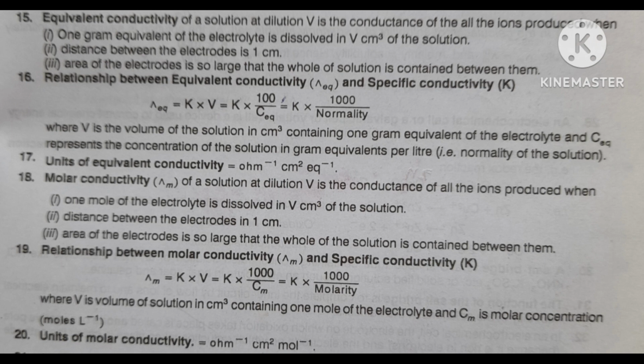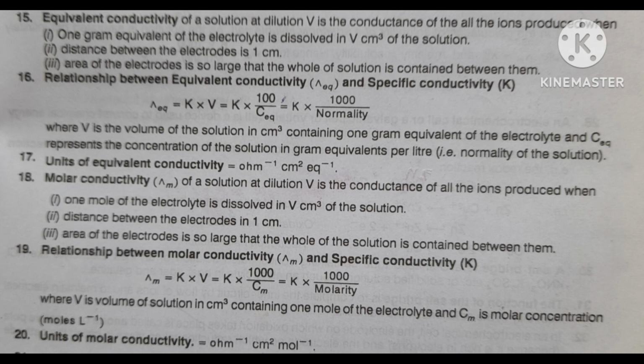Then after putting all the things per equivalent, you will find the volume unit is cc, cubic centimeter, centimeter power cube. And here, for kappa, K, it is ohm inverse per centimeter. Then 1 centimeter will be cancelled, then centimeter square will be remaining. Then finally you will get ohm inverse,